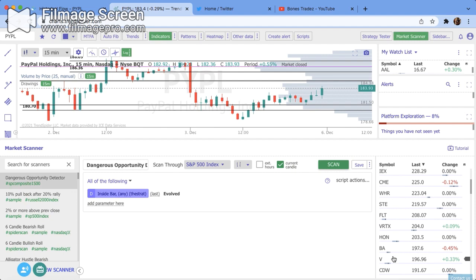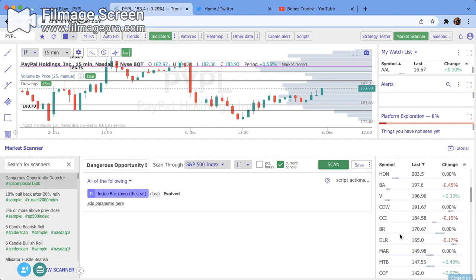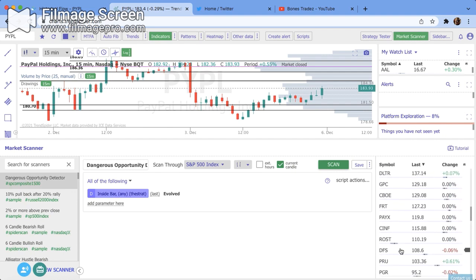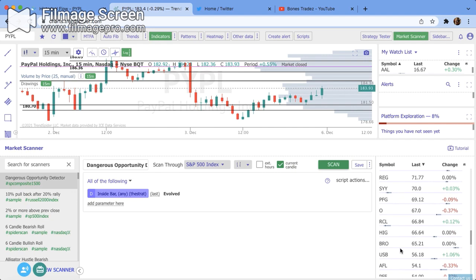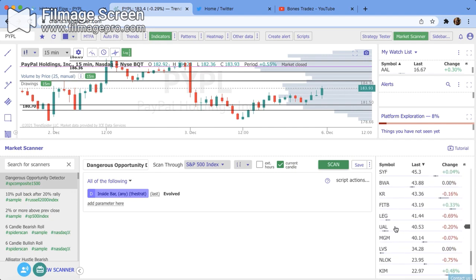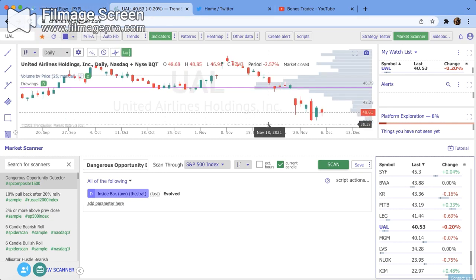is Boeing, Visa V. Another one on here is going to be Walmart, and let's see, go down. This is one of my favorite setups for this week. Let's get United Airlines. United Airlines is like 57th or so on the thing, but what I like the most